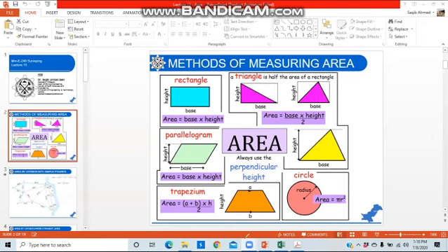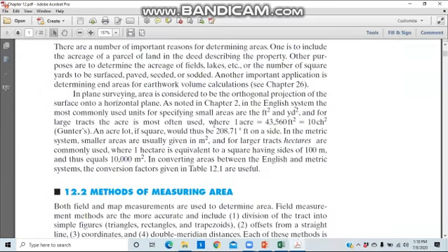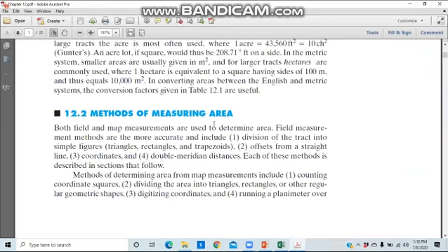All right. So I will go to the PDF. So if we go to the PDF, first we see methods of measuring the area. I will be teaching from the PDF because I'm not in front of you guys. So I feel like it's easier for you guys to understand and for me to teach using the chapter PDF, right? The first method you can use to measure the area is division of the tract into simple figures